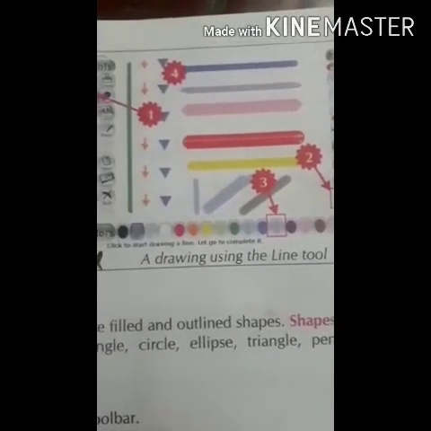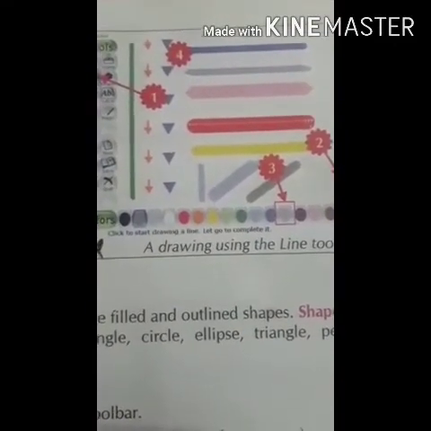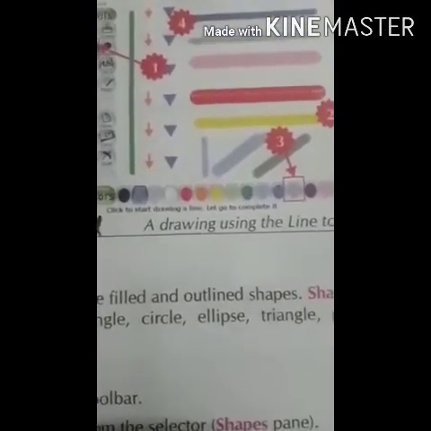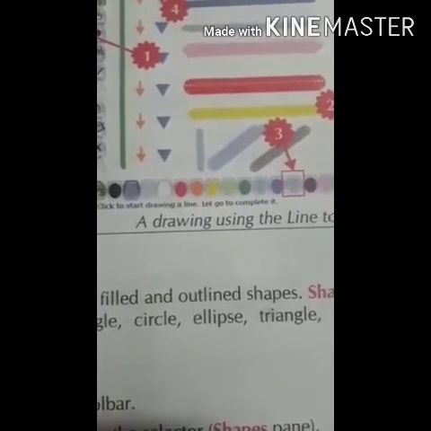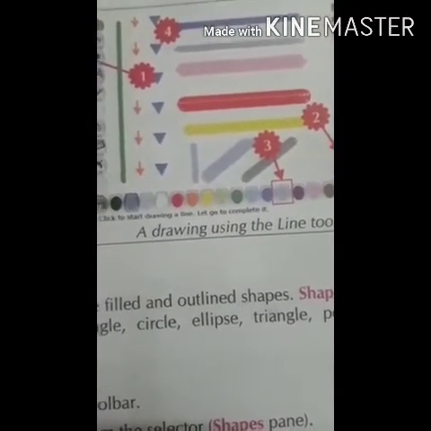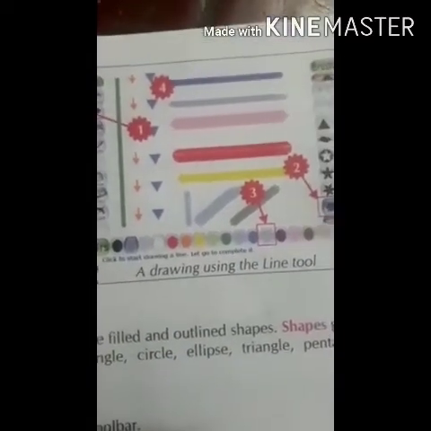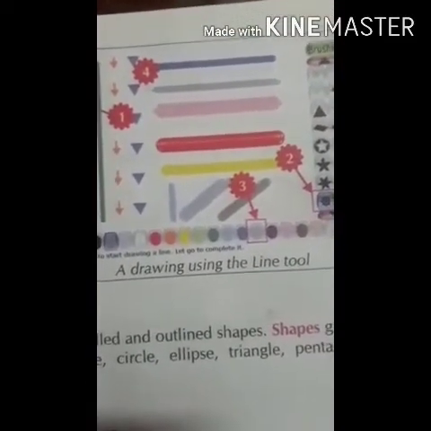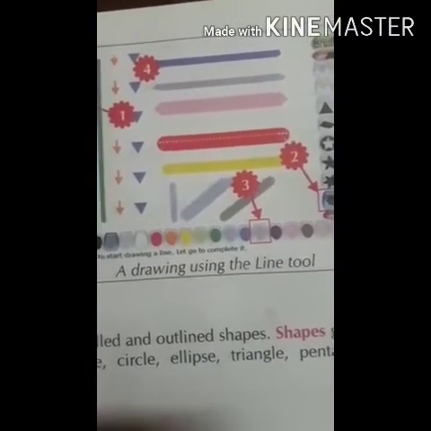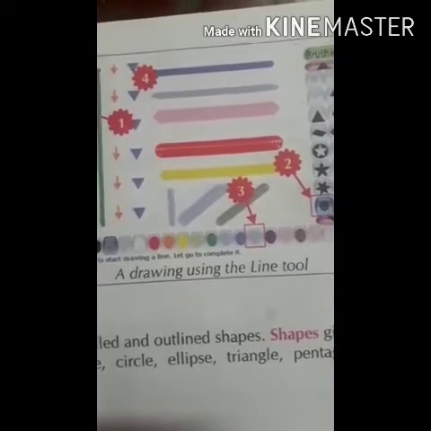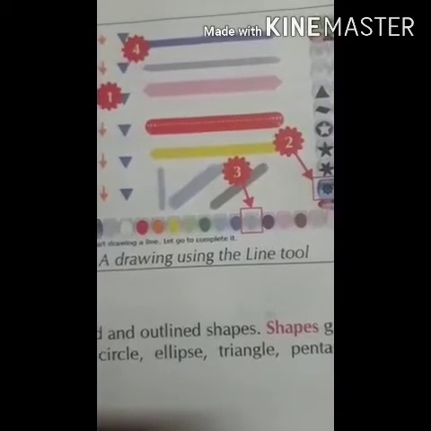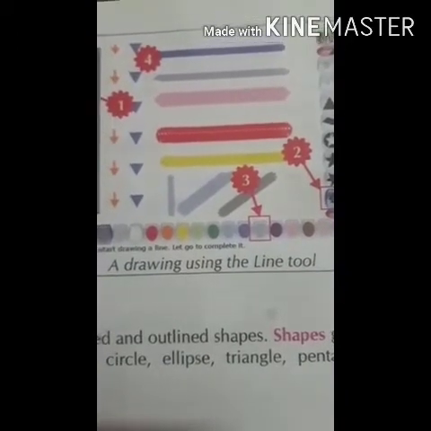After that, as usual, in which color you require the line, you have to select that color from the color box. See here, you can clearly see the color box is downside. You choose your favorite color. After that click and drag the mouse to draw the lines. See, on the drawing canvas, different types of lines are there. In such a way, with the help of different colors and different brushes, you can draw different lines and you can make your picture with the help of the lines.